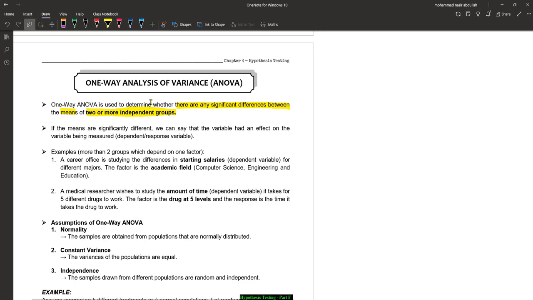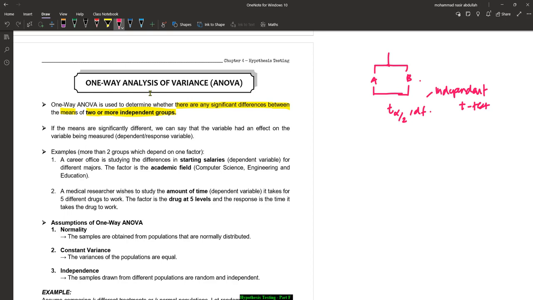independent sample t-test, right? For independent sample t-test, remember kita ada dua group, right? Group A and group B. So we want to know whether there is a significant difference between the mean of group A and mean of group B. So we will use T distribution, right? Alpha divided by 2 or alpha with degree of freedom, right? So this is for independent sample t-test, right? So independent sample t-test, we compare only two group, the mean of two